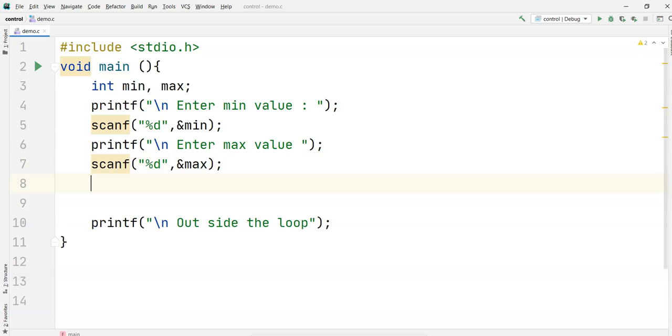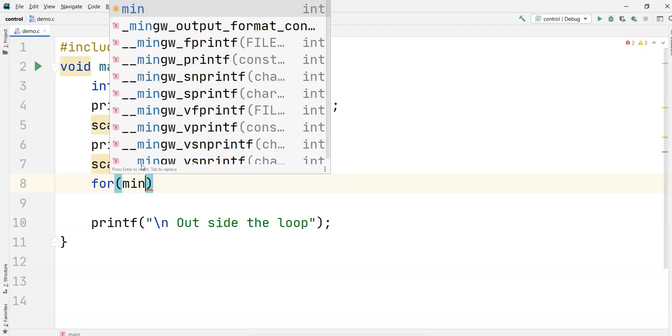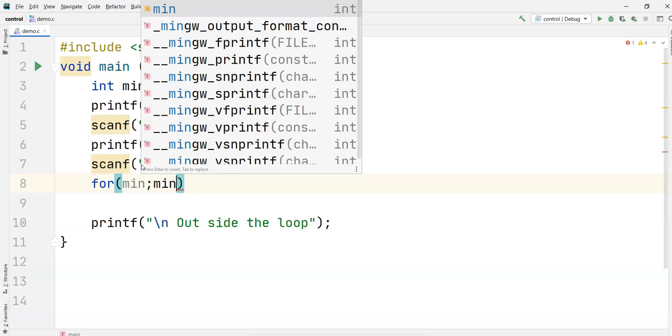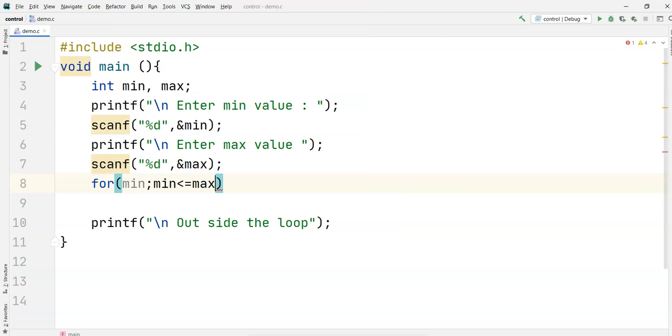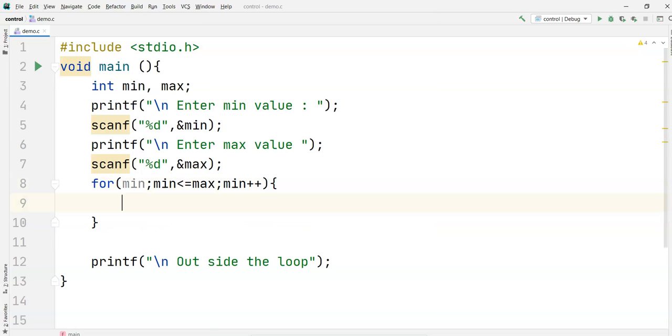Now we know the loop, how to use the loop: for, minimum less than or equal to maximum, minimum plus plus, and you can take out the initialization. Whenever you mention minimum less than or equal to maximum, it is taking whatever the value of minimum is.